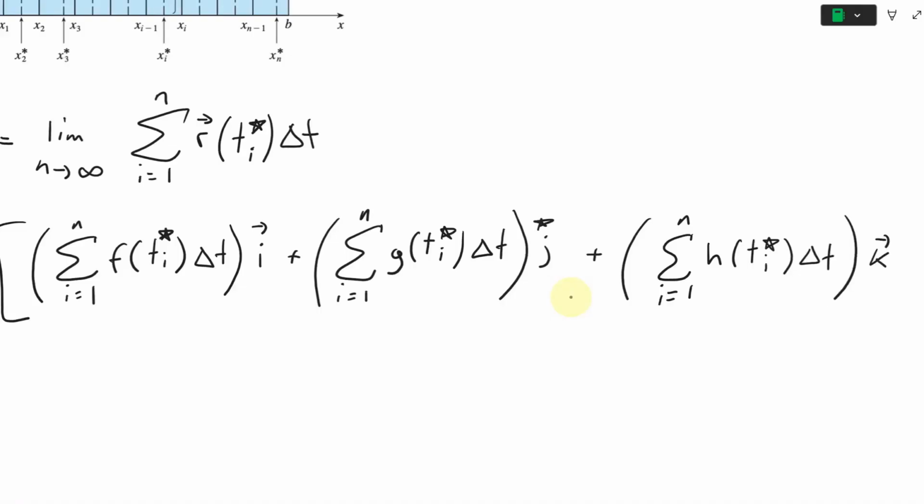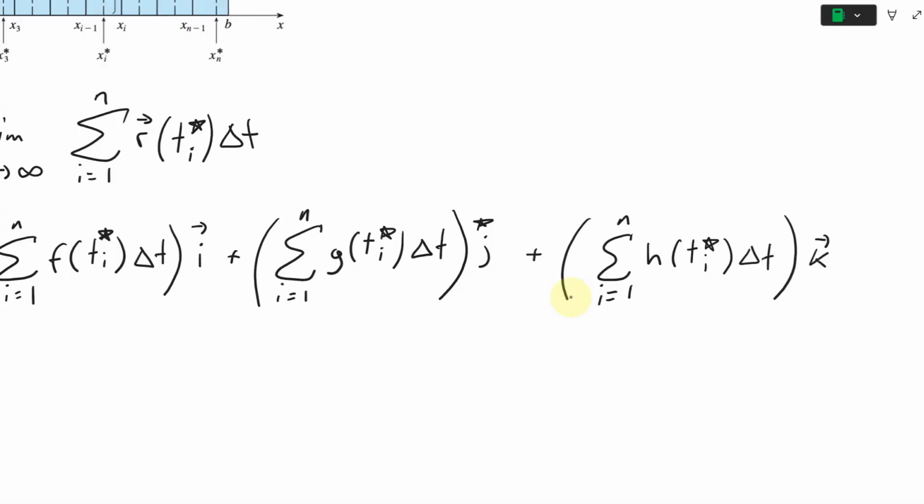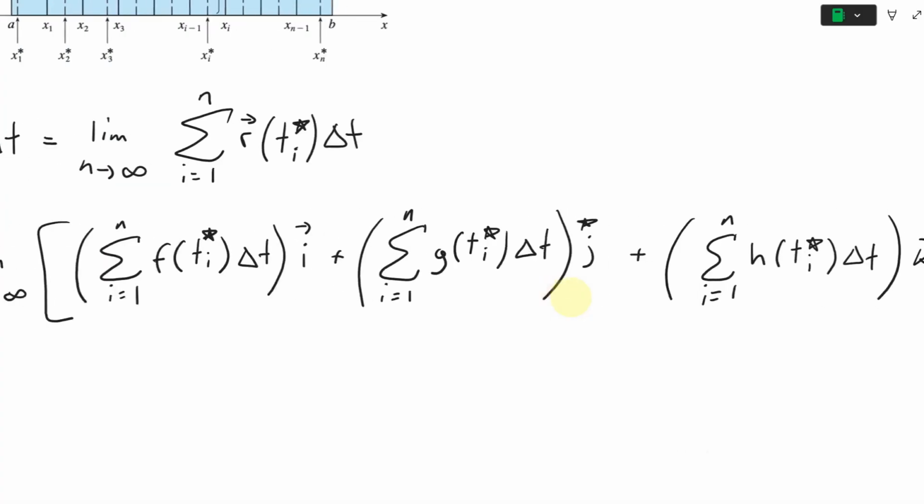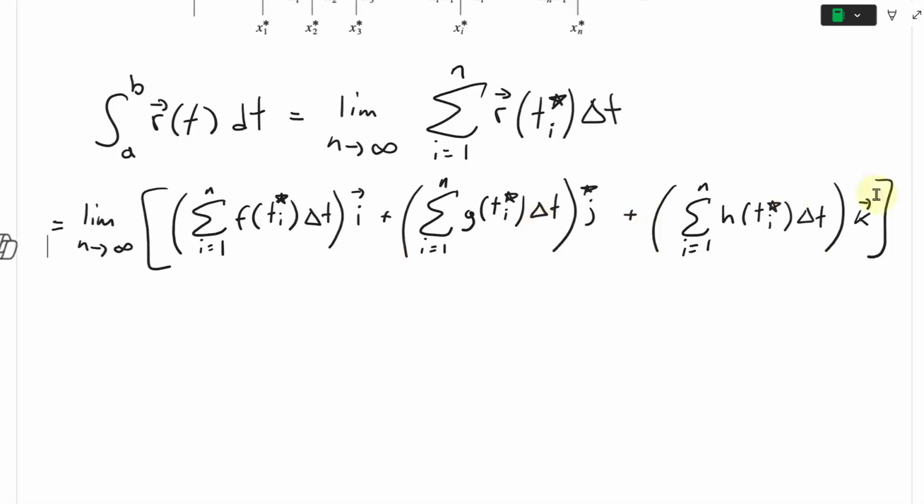This is the k or the z parameter. I mean the z unit vector. So close this out. What I just did was pause the video and shrink it so it all fits in one line. And now, so now